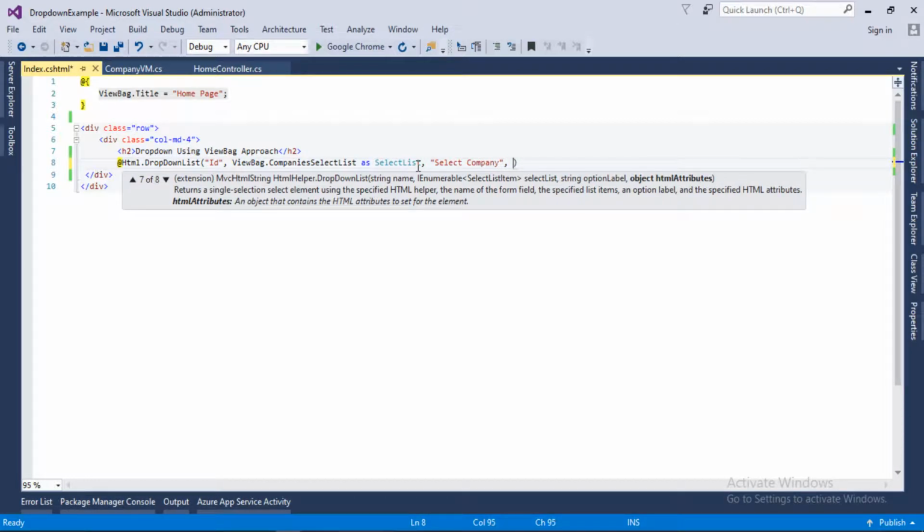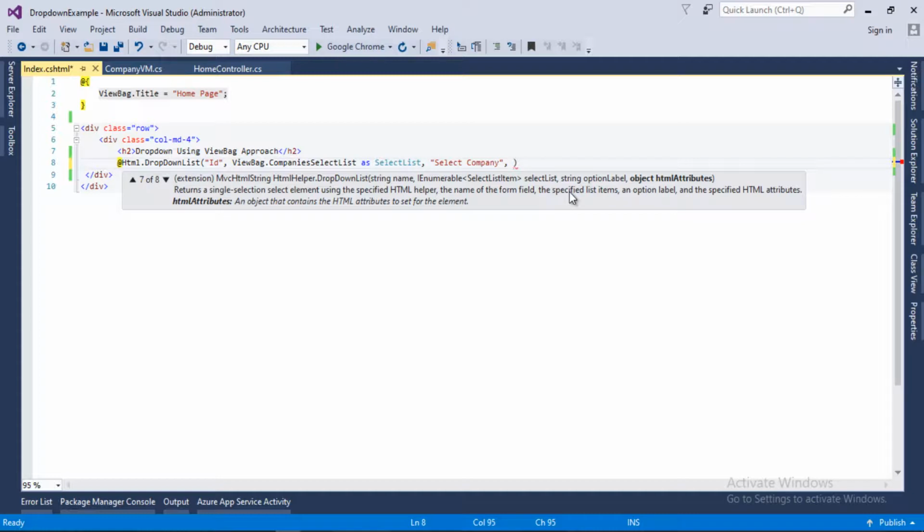And the last one will be the HTML attributes. As you can see here, we have different overloaded functions for this HTML helper, so you can pick which is best for your need. I'm picking this one because we need it to render our HTML helper for the drop down list.